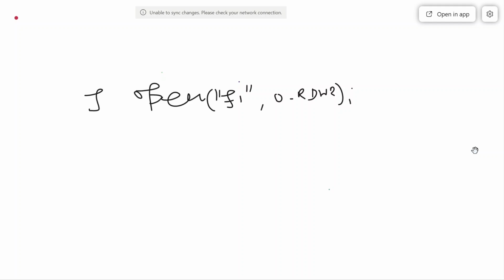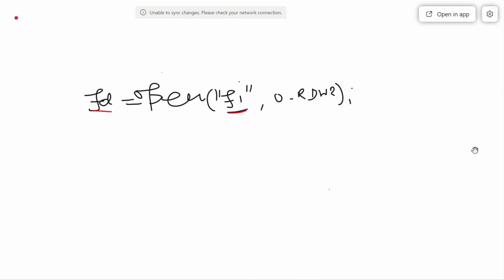Let's say I have opened a file. F1 is a file, opened with read write only, the rest of the things are known to you, and this is represented by FD. So file F1 is represented by FD.